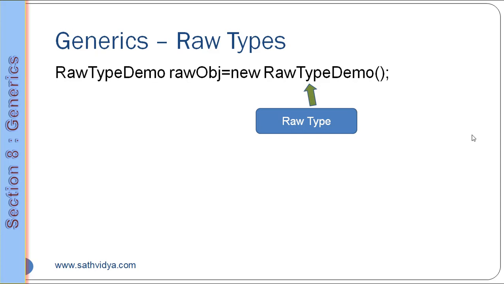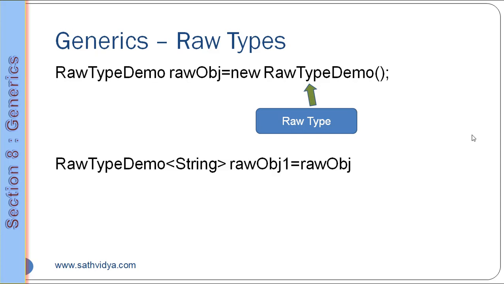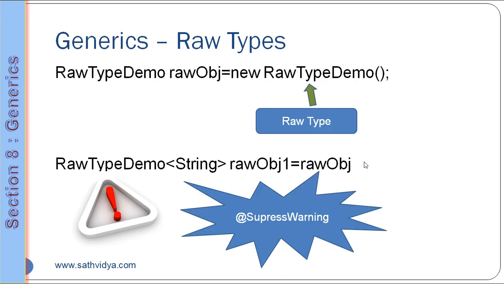After you create a raw type, you can also assign a value to the object where you are passing string as a value data type here, but still you are not conforming over here. Since then also it is going to treat it as a raw type, and the Java compiler is going to produce a warning saying you don't have strong type check. If you want to avoid this warning, you can also use the suppress warning annotation.